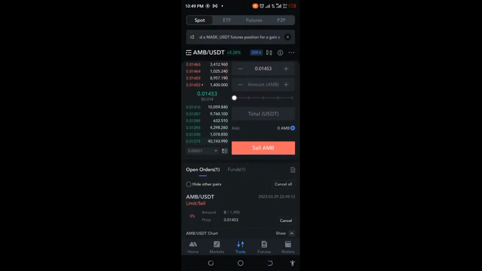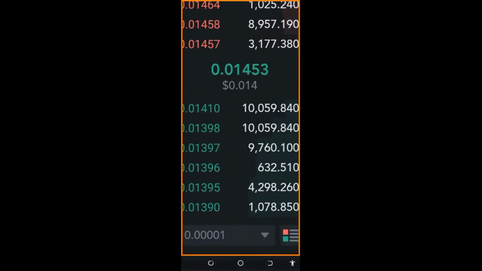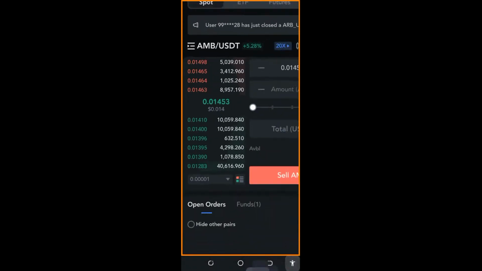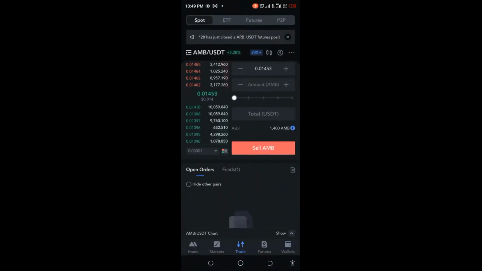All right, let's see whether we can get this sold quickly. Let me cancel that and see whether we can use our order book to sell. But we need to check whether we can actually get that done. You can see here, what we want to do is sell, so that means we need to pick